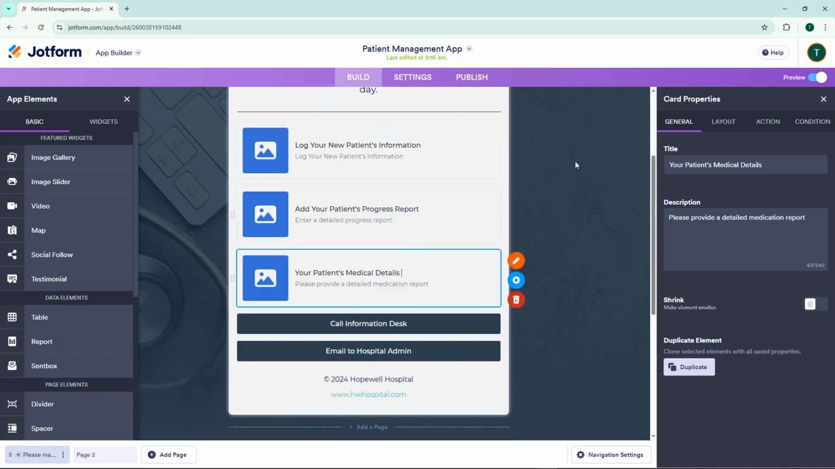Once you're satisfied with your customizations, click the Preview Form button to verify that everything looks and functions as intended. This step is crucial because it allows you to experience the app from your patient's perspective before going live. And that's it. You've successfully created a self-service app that empowers your patients to access healthcare information and services on